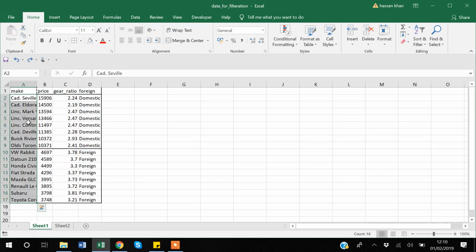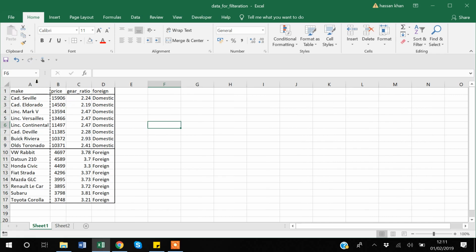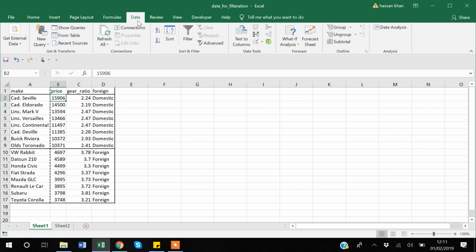And in the same way, now I will show you how you can remove duplicates from your data, which is sometimes very useful, because you don't want to show duplicate things in your data. So I will go to the Data tab, and under Data Tools, there is an option named Remove Duplicates. If you press it,